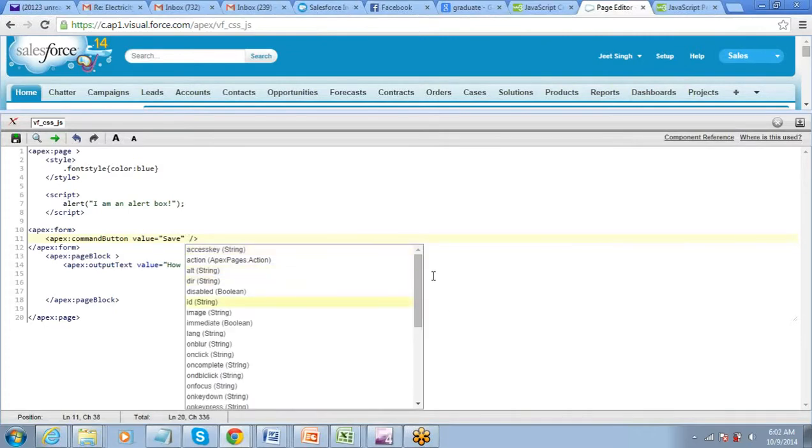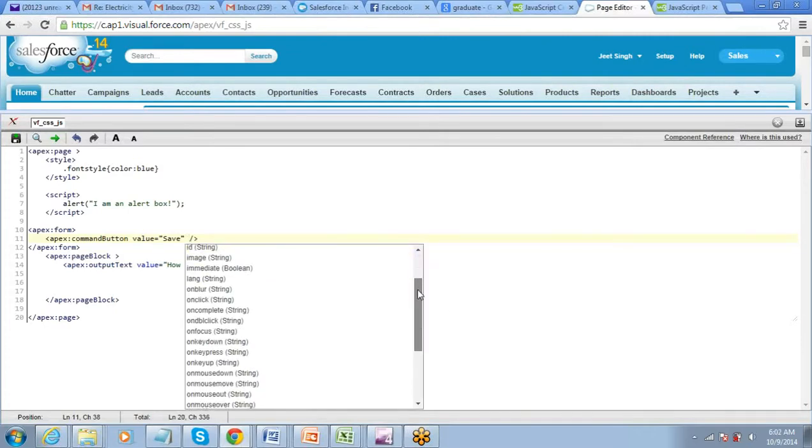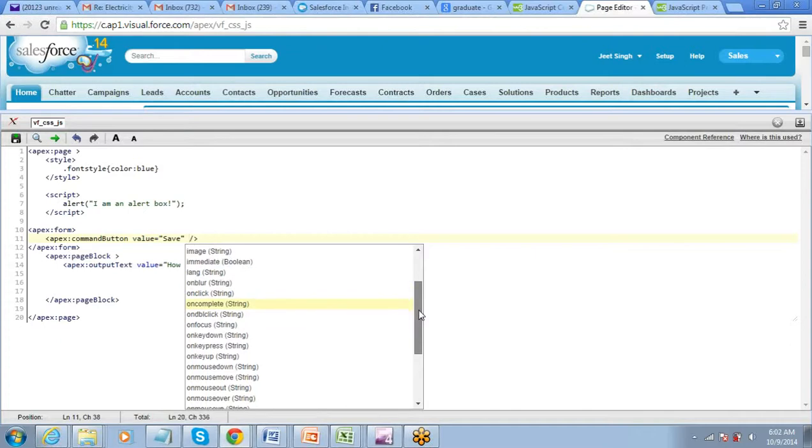You will see the JavaScript action here. JavaScript actions can be put through these: on click, on complete. These are the JavaScript actions. This is where you can call. So on click, on double click.